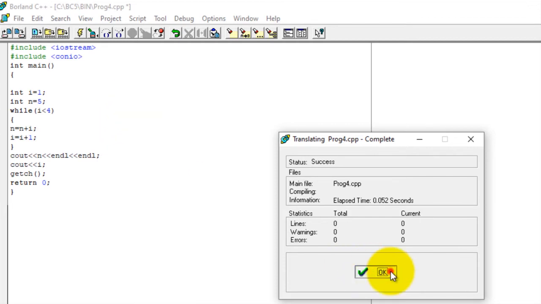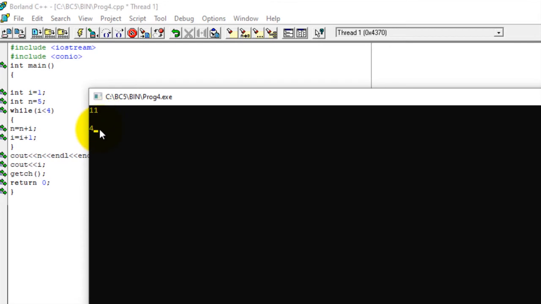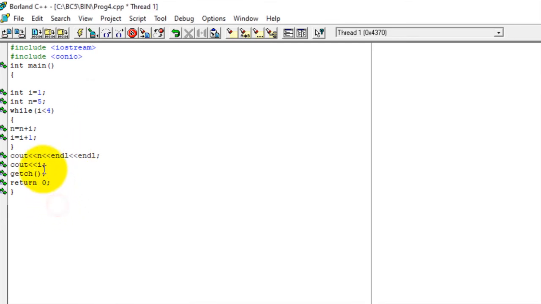And if we run this program, you can see now we are getting 11 and 4. That 11 is coming from n and 4 is coming from I. As you can see here, when we say cout n, we are getting 11, and cout I, we are getting 4. But as we have shown in our RAM diagrams, the operation whereby n will end up with the number 11 and I will end up with the number 4 is being done in this particular